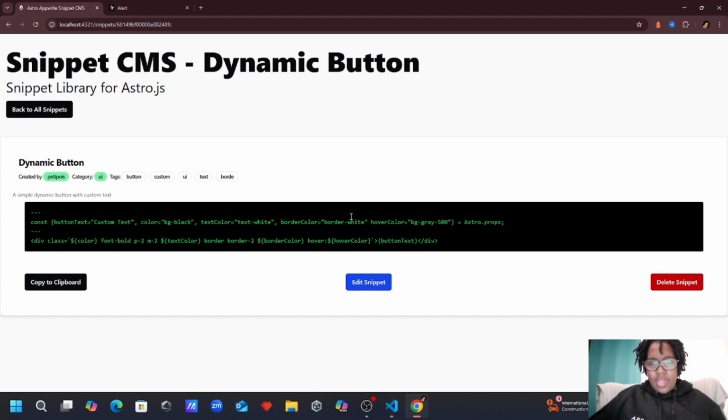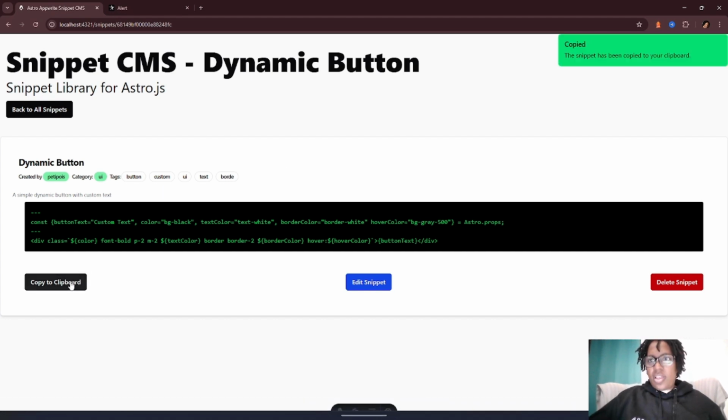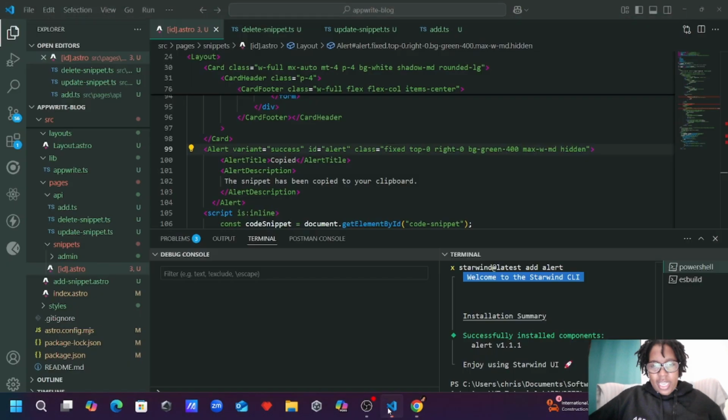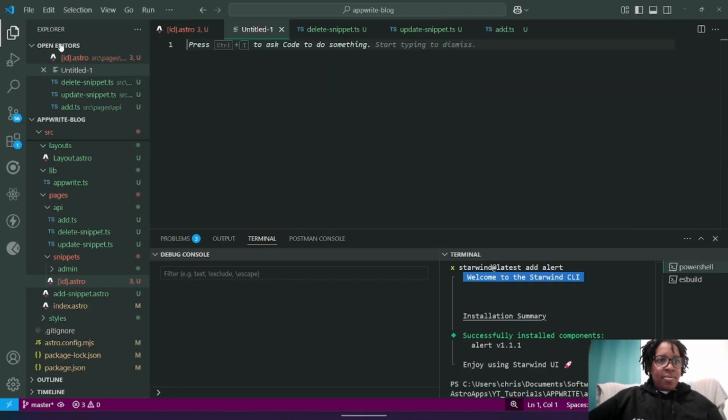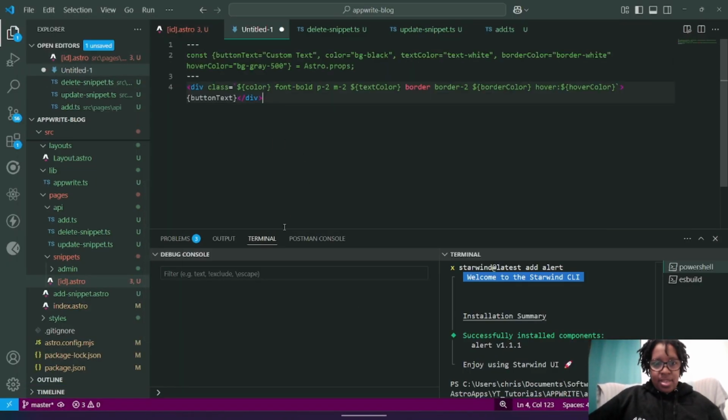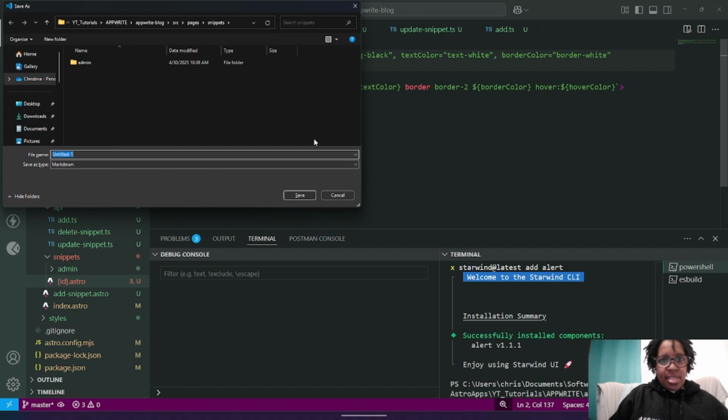400. Let's see what that looks like. That's better. Here we go. So we've got it copied to the clipboard. And if we can test that again, I'm just going to have a new text file here and press paste. And there it is. This is, if we save this as a